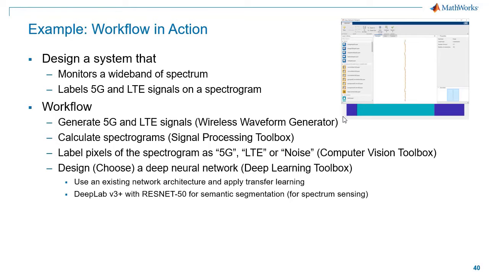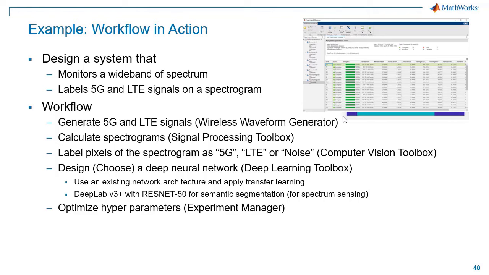Now that we have labeled them, use our deep learning toolbox, and you import that DeepLab V3 Plus ResNet 50 as a pre-trained network that has been done for us, and we connect to it. And now we're doing transfer learning. So essentially, the last layer, we apply a transformation to go to images and back. Now that we have that, we are using a transfer learning, using pre-trained data